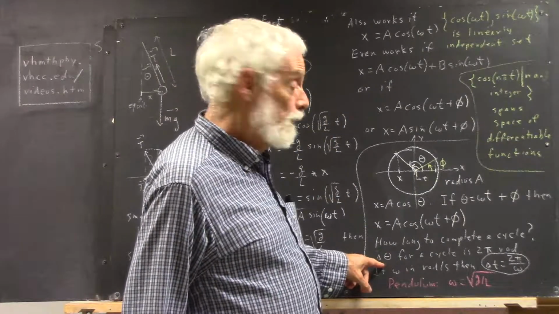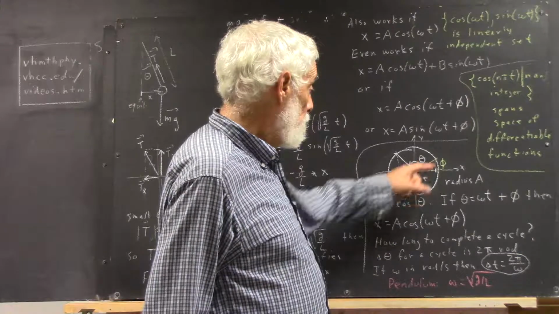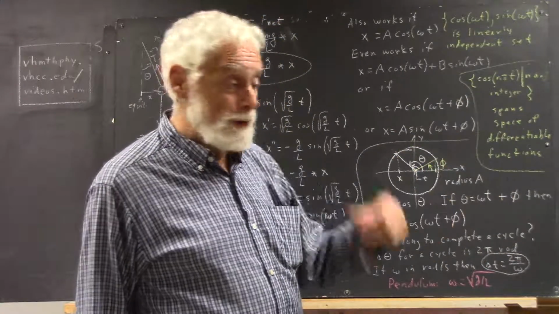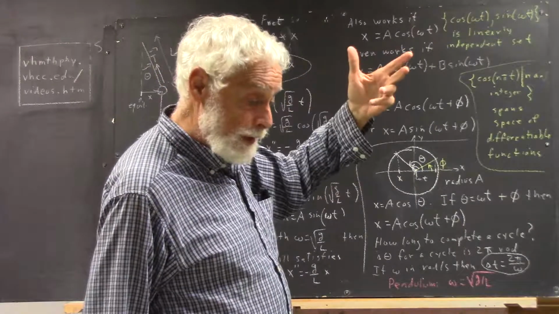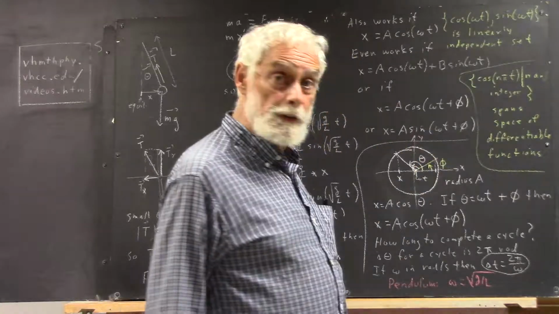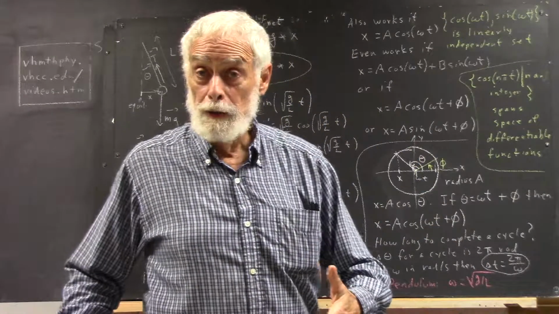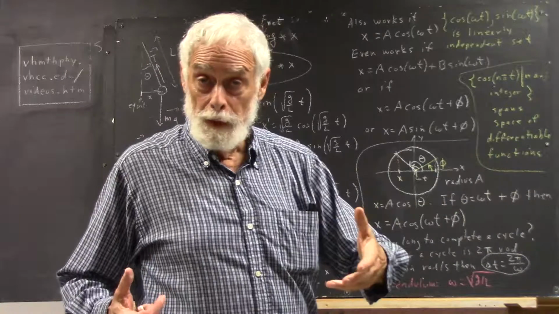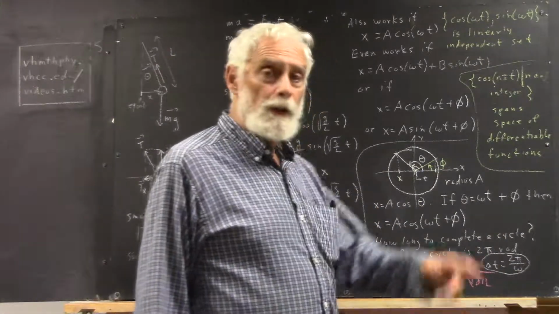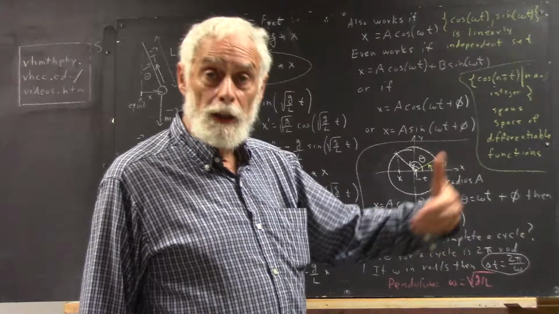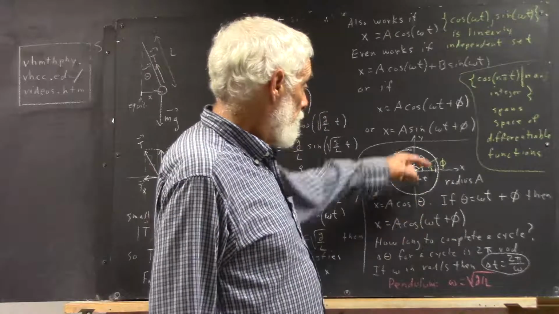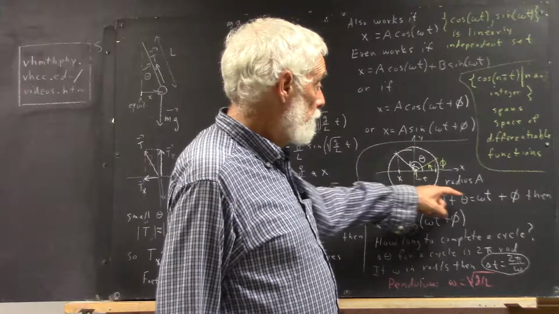What's the change in the angle for a cycle? Well, we go all the way around the circle. What's the change in angle as you go around the circle? Well, that's defined to be the arc distance you travel divided by the radius, isn't it? Because that's the definition of a radian. Divide the arc distance by the radius, you get the number of radians. So the arc distance is equal to the radius times the angle in radians. Arc distance around this entire circle is 2 pi a,